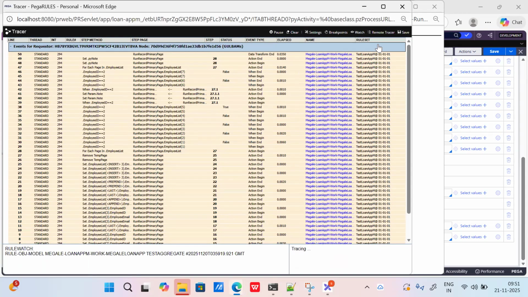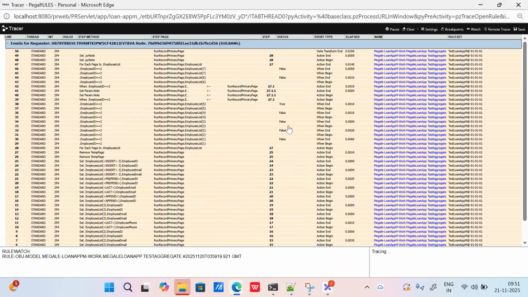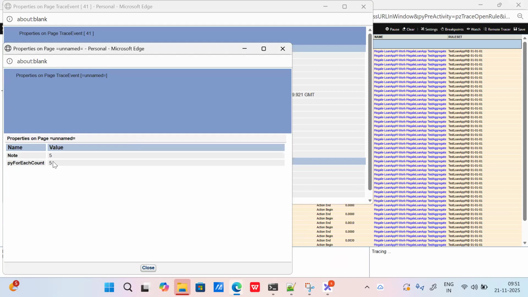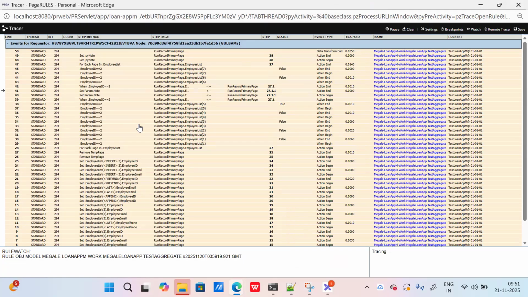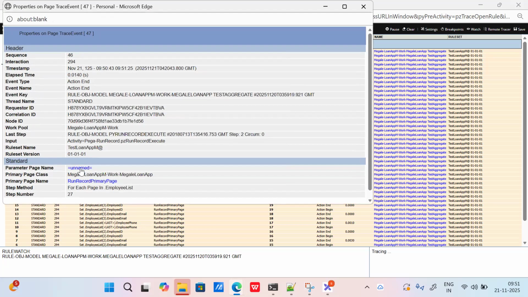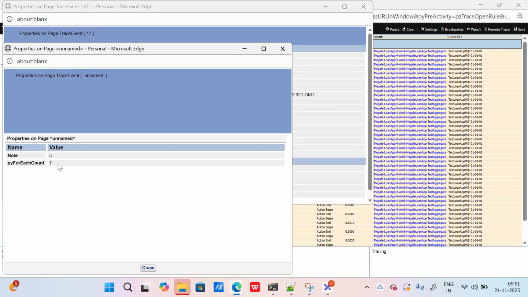Go back to the tracer. And here, if you see false, false, false, false, and true, yes, the true got set. I'm setting this value to param.note. The py for each count value that we have, I'm setting it to param.note. This param.note, I can use after the loop is completed also, right? So before you set this py note on this py for each page, if I click on an unnamed page, my 7 loops got completed. So that py for each count value remained as 7, but my note value will remain the same because only when the condition got satisfied have I set that value to note.